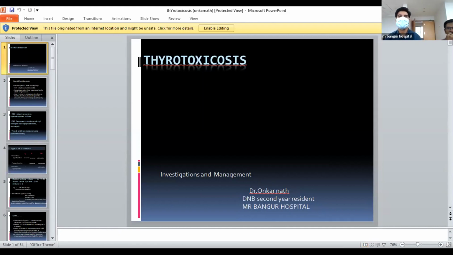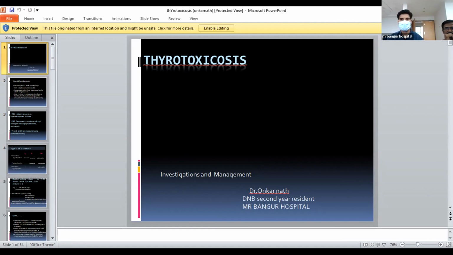First, coming to the thyroid function test. In thyrotoxicosis, there will be increased serum T3 and T4 level, and TSH level will be either very low or undetectable. And sometimes only T3 level is increased, and this is called T3 toxicosis. Free T3 T4 estimation of